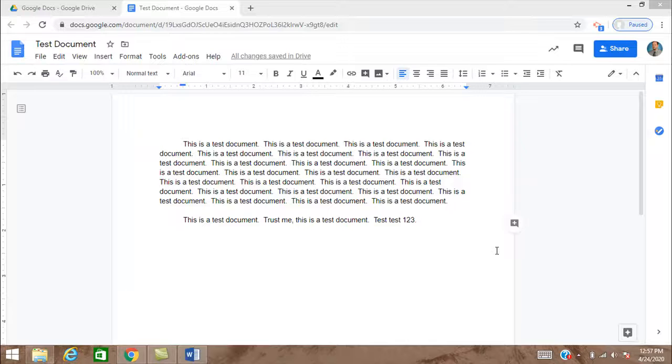To download a Google document as a PDF is actually very simple to do. Here I have a Google document. This is my test document. And I'm going to save this as a PDF file, which means I'm going to download it as a PDF